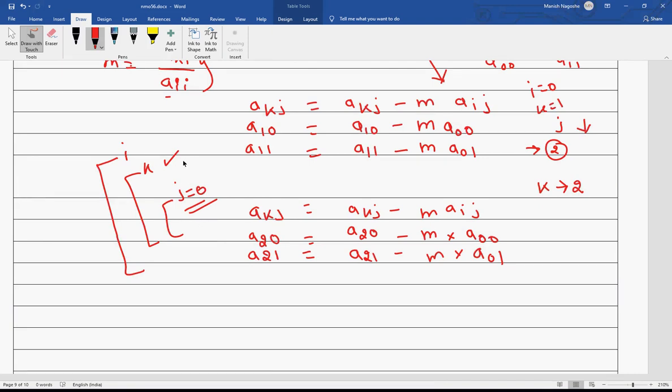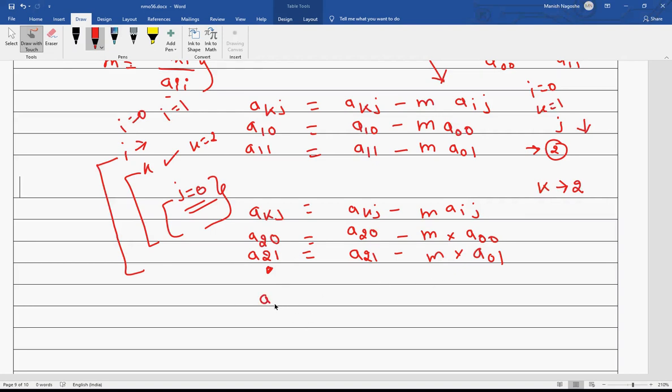Now what has happened: this is done and K has reached 2, because K cannot go beyond 2, since 2 is my limit. Therefore now it's time to change the value of I. Initially I was 0 and now I becomes 1, because I am incrementing I by 1.